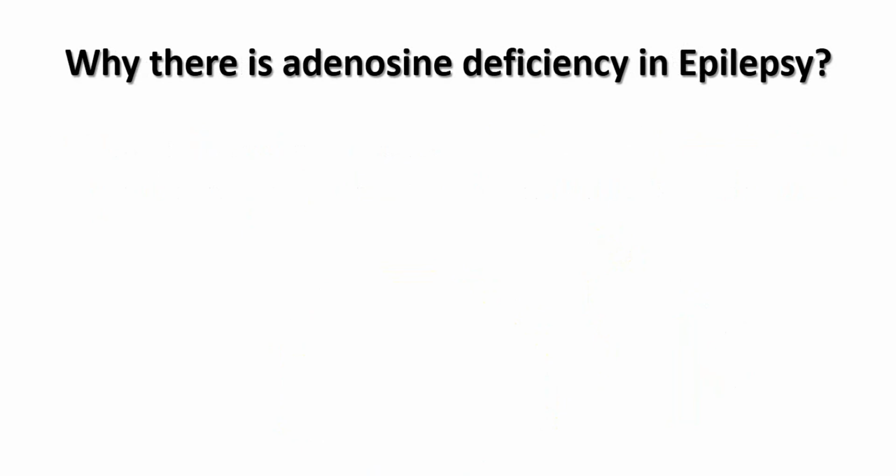Why is there adenosine deficiency in epilepsy? That is interesting. We simply cannot escape, at master's level, why adenosine should decrease. We should know the reason. To understand the adenosine decrease, we have to understand the transmethylation pathway. These are the key biochemistry parts, because your subject is medical biochemistry. So, these parts are really important.